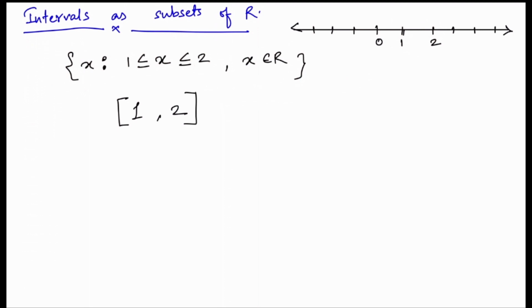2 के लिए भी स्क्वायर ब्रैकेट यूज करेंगे, क्योंकि 1 भी इंक्लूडेड है एंड 2 भी इंक्लूडेड है। ठीक है, तो फॉर एग्जांपल, लेट्स टेक अनदर एग्जांपल जिसमें x is the element of this set and now x is less than 2, greater than 1 and x is a real number। मतलब इसके अंदर जो भी एलिमेंट है वो 2 से छोटा है और 1 से बड़ा है, और सारे एलिमेंट्स रियल नंबर्स हैं। सो देयर आर इनफिनिट नंबर्स ऑफ रियल नंबर्स व्हिच आर लेस देन 2 एंड ग्रेटर देन 1।